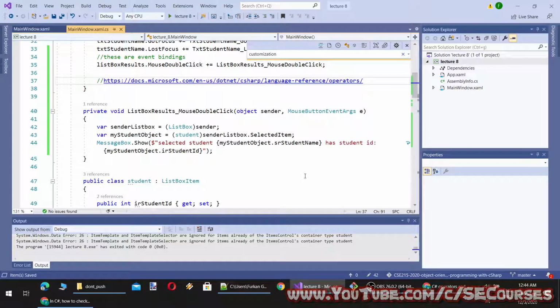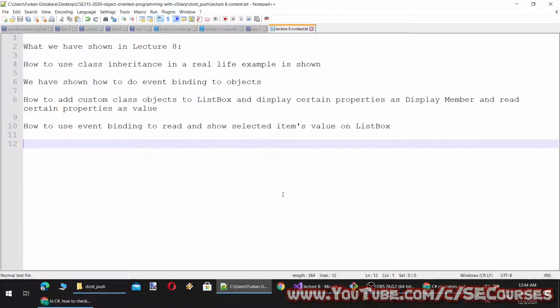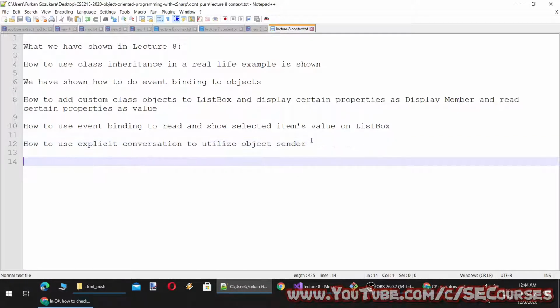Okay, and how to use object standards? How to use explicit, use object standards. Or how to utilize object standards.